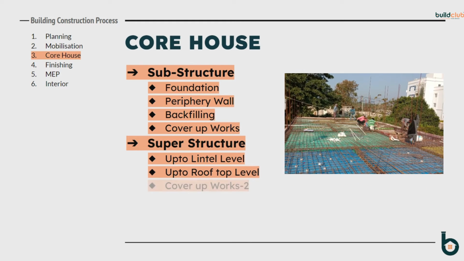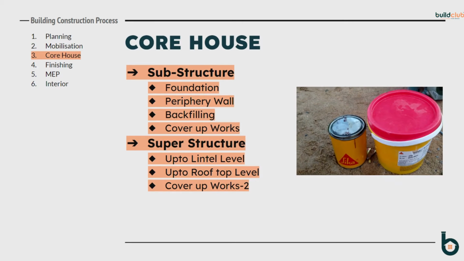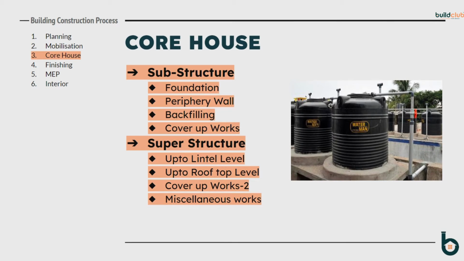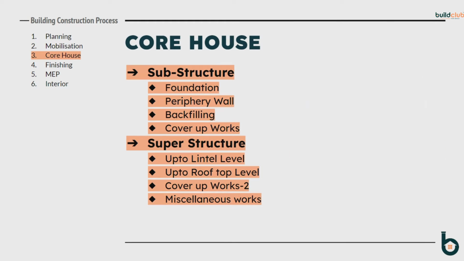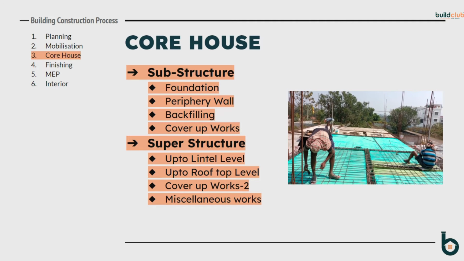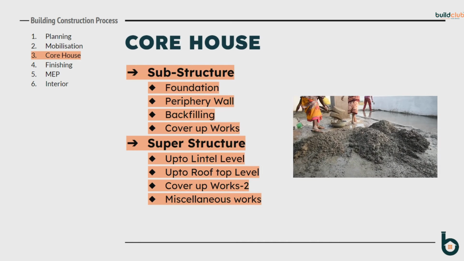Second in the line is superstructure or structure above the plinth level, which includes sub-bands, up to lintel level, up to rooftop level, various cover-up works like plaster, tier 4 waterproofing, etc., and miscellaneous works like roof parapet, overhead water tank, etc. Some important sub-activities like brickworks, reinforcement, shuttering and concreting activities are inclusive in the core house construction